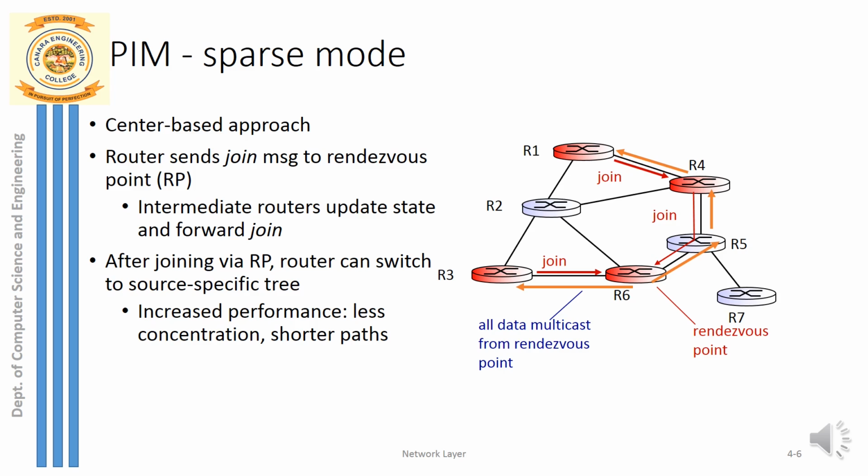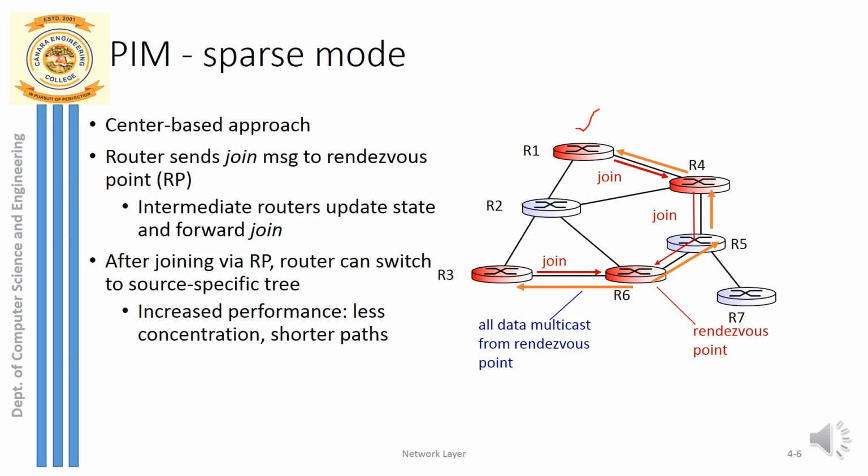You can just see an example here to understand all the previous points we had discussed in a better way. We'll just take an example. First we will see the sparse mode. In sparse mode, as we know, it is a center based mode. In the center based approach, we take one particular node as a center, and here I guess R6